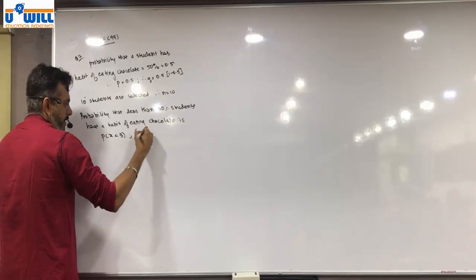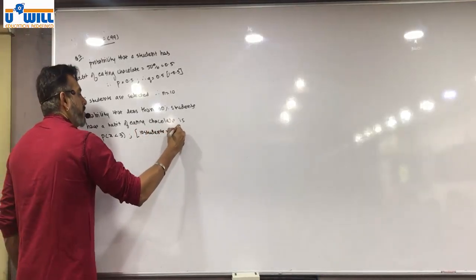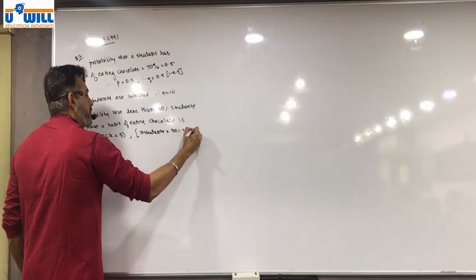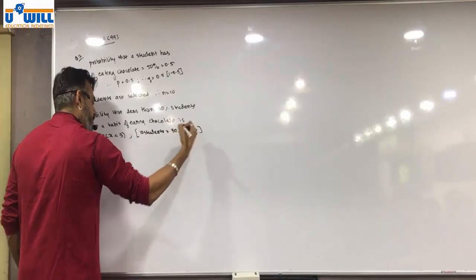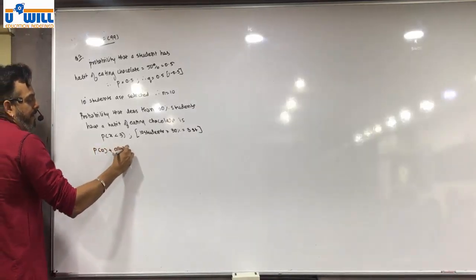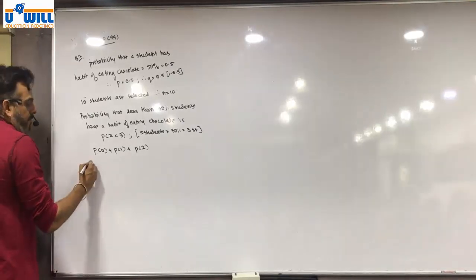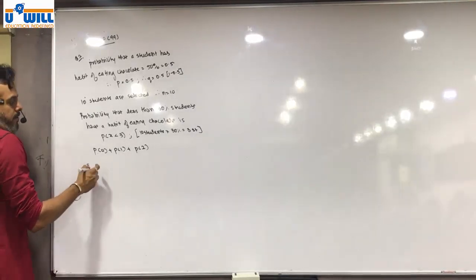So how did 3 come? 10 students into 30%, which is equal to 3 students. So we have to find probability of 0 plus probability of 1 plus probability of 2, which is equal to,